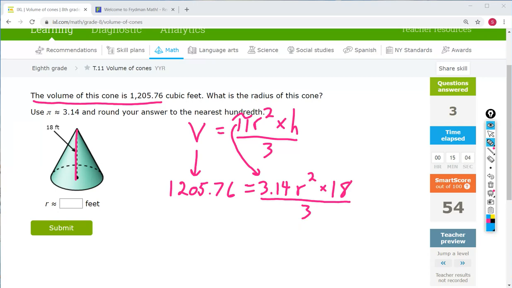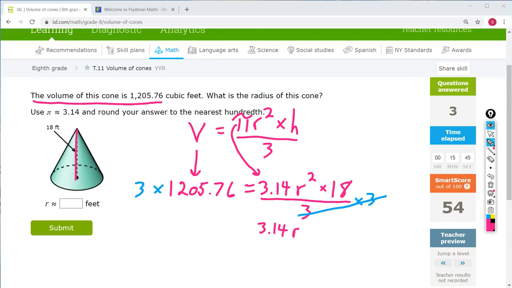Now let's solve this equation. So we're going to begin by multiplying. There's more than one way that I can do this. I'm just going to take all of these numbers and do them individually. That may not be the fastest way to answer it, but I think it's maybe the easiest way to do it conceptually. So we're going to multiply both sides by 3 to cancel this 3 over here. So now we have